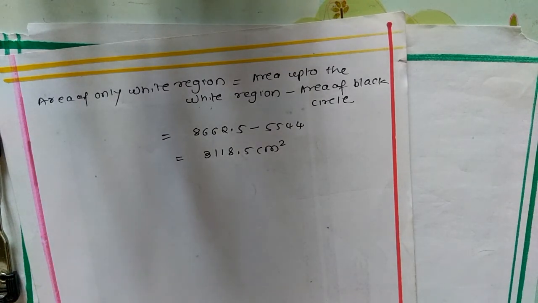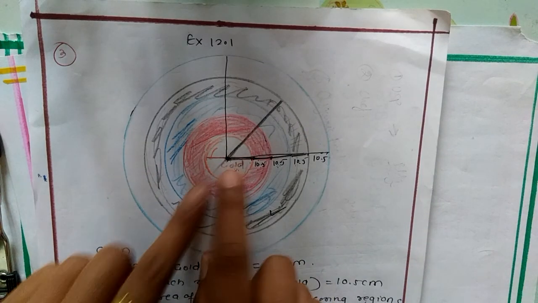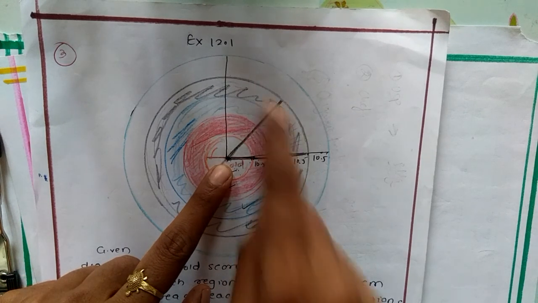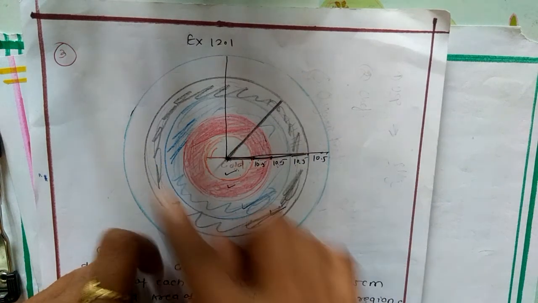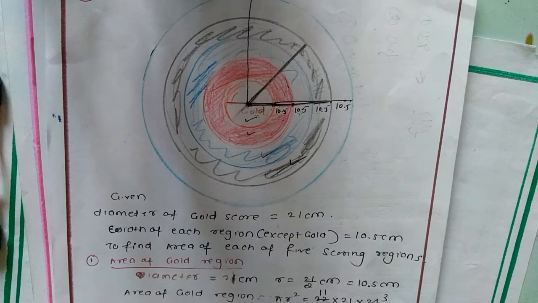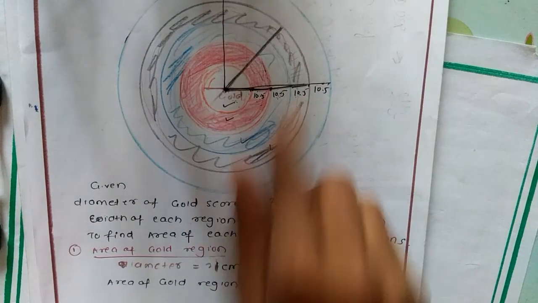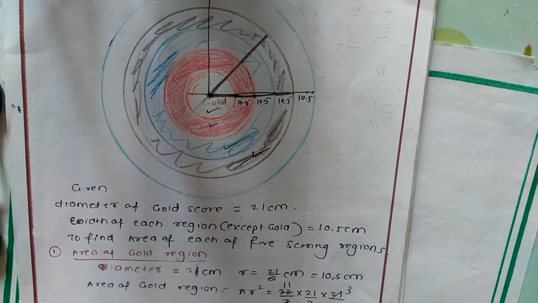As this is a big question, to get the accurate answer it takes around 20 to 25 minutes. But you should not ignore this question. They may not ask the area of all the regions, but they will ask the area of a particular region. So let us take, they'll give all the regions, but they may ask the area of only the gold and the black region, or sometimes the area of the red region and the white region. So calculation will be reduced, but to understand how you have to apply the formula and the adjustment, they have given this question. So this question may come, but not for all the regions, only for a few regions.